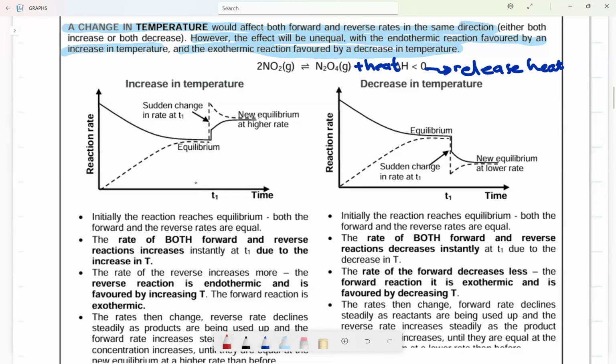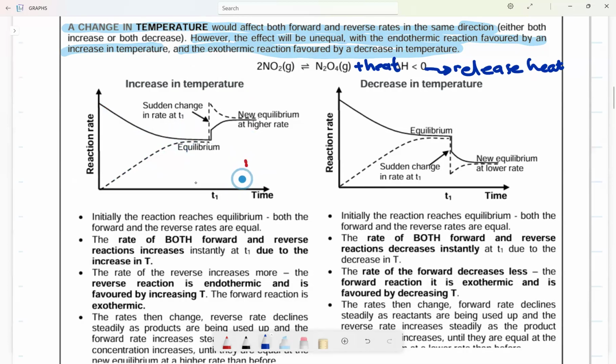Now let's look at what happens when there is an increase in temperature. Remember what I said: it is the temperature of the system that is increased, meaning I'm expecting to see both graphs have an increase, but take note, the increase will not be equal. I'm not expecting to see an equal increase in the forward and reverse rates. No. Check what will happen: they reach equilibrium, right? Now, when the temperature is increased, like the reverse reaction,